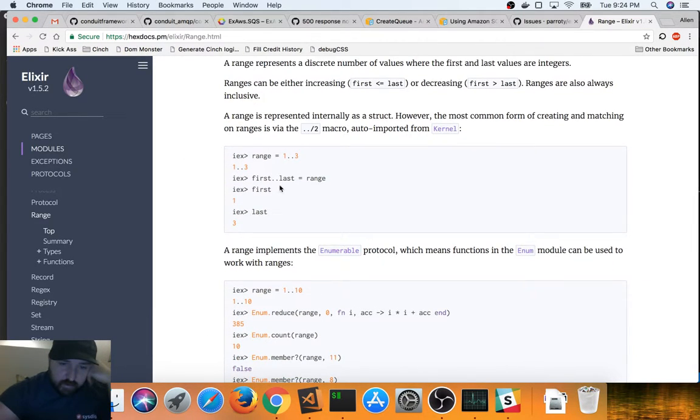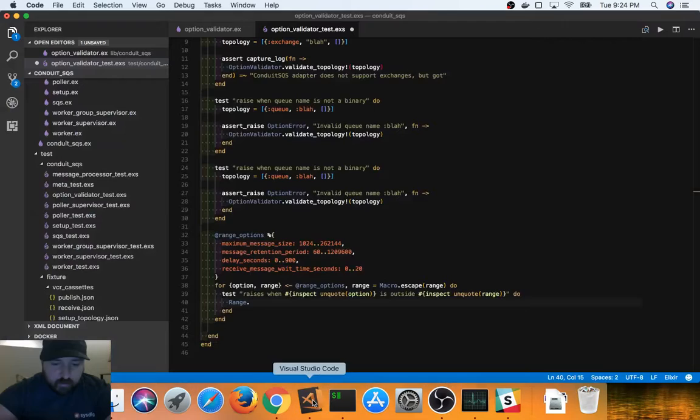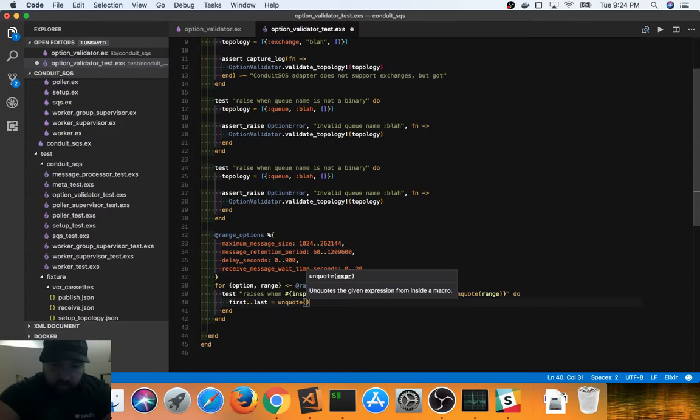So range, oh, you can just pattern match it. That works. So if I do first dot last equals unquote range,